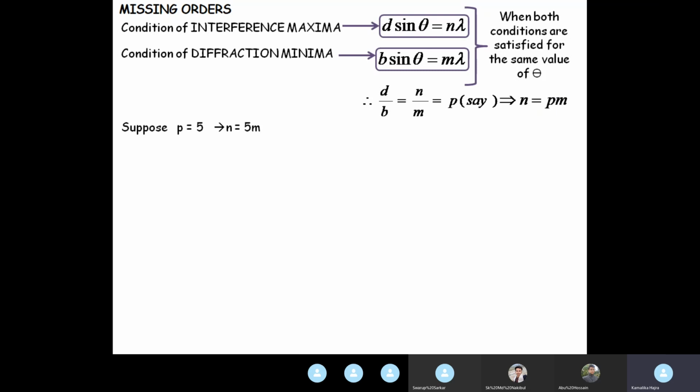Correct? Now, what does this mean? Please, I am going slowly and you try to follow very minutely, because I have often found answer scripts where a problem of missing order, which is one of the easiest kinds of problem, students go wrong just because they do not realize what exactly it is. They feel that they have realized while studying, but when doing the problem, it becomes apparent that they have actually not realized what it means.